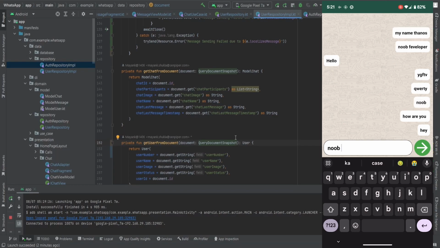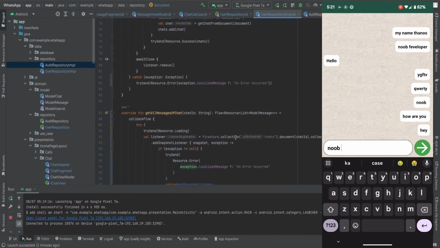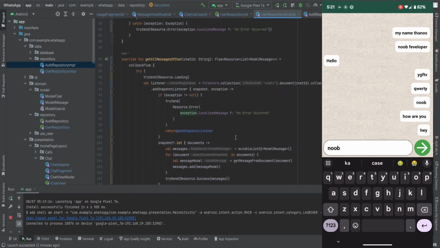Currently we are getting all the chats again from Firestore through the snapshot listener we have here, the get all messages of chat listener, which basically gets the chats.